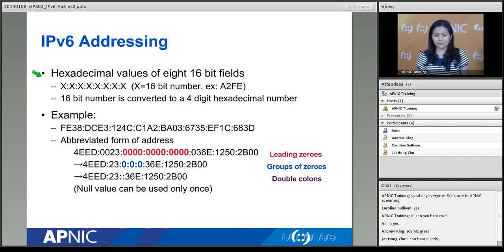Okay, some of you have seen this slide, so we'll just go through this really quickly. So you already know by now, it should be very clear that an IPv6 address uses 32 hexadecimal digits and they are divided into 8 fields. Each of the fields is separated by a colon. We don't use dots, we use colons. Okay, so this is our example that you've already seen before. It should have 8 fields, and if you count the number of hex digits there, that should be 32. Now we've already talked about